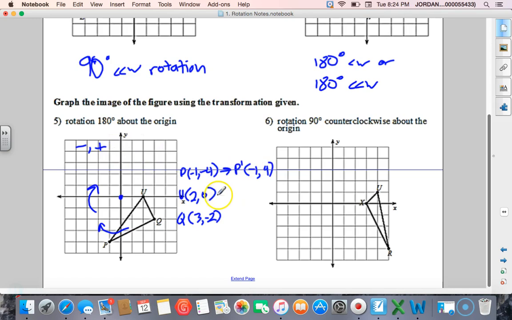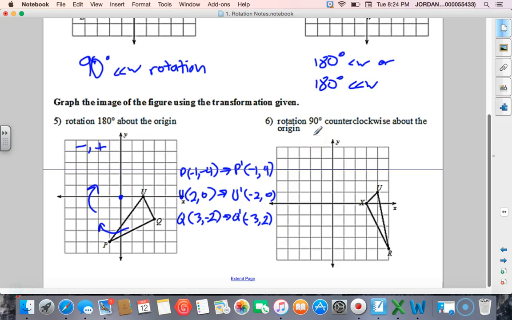So it's -1, 4. U prime is going to be -2, 0. Of course, we don't put a -1, 0 or anything. Of course, it's positive anyways. And then Q prime is going to be -3, +2. The values all stay the same, but we just change the sign. And then I'm going to let you guys practice number 6 real quick, so you have to try that one